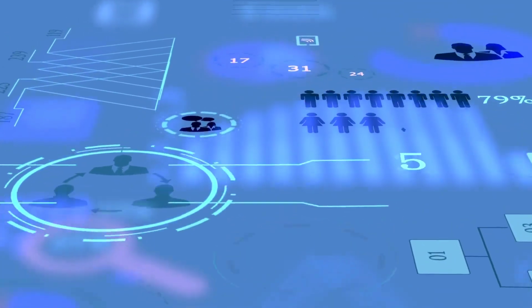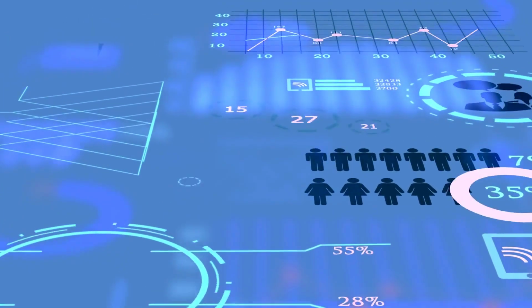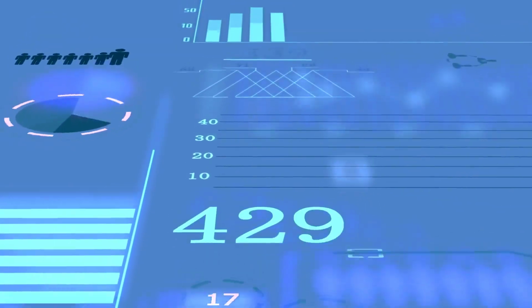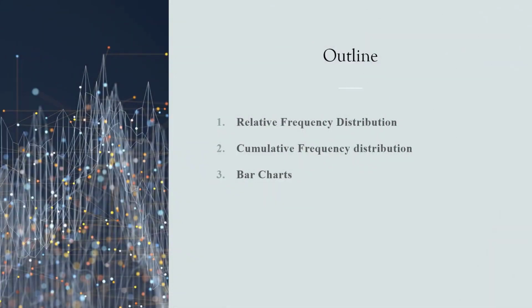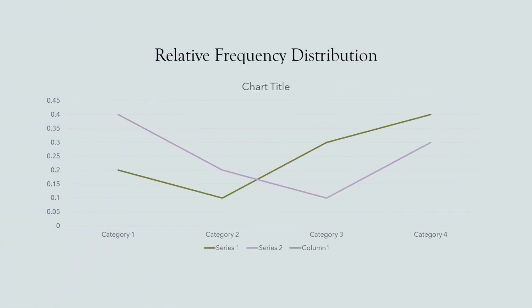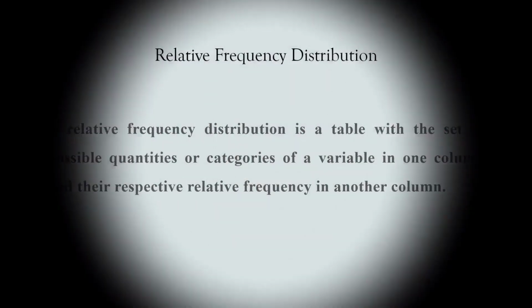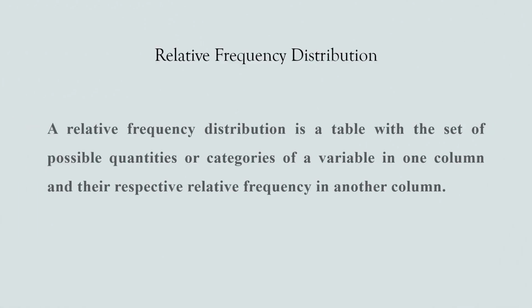In today's video, we continue our exploration of descriptive statistics. So let's get started. We will cover the following topics. 1. Relative frequency distribution. 2. Cumulative frequency distribution. And 3. Bar charts. A relative frequency distribution is a table with the set of possible quantities or categories of a variable